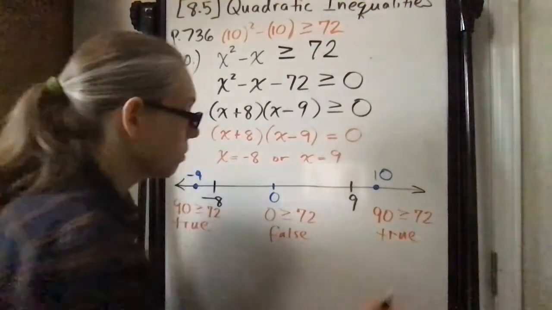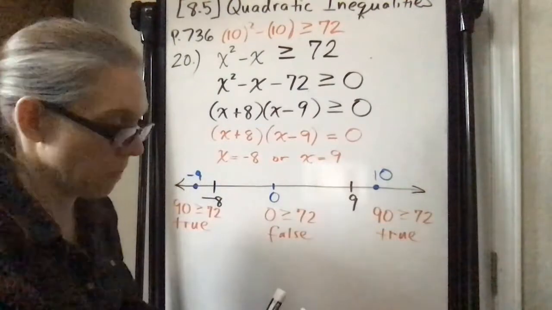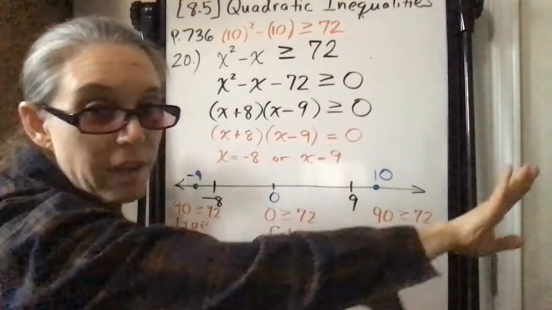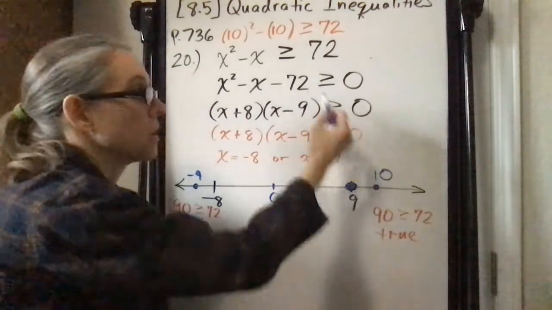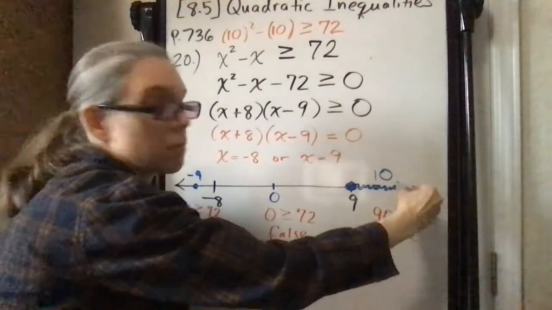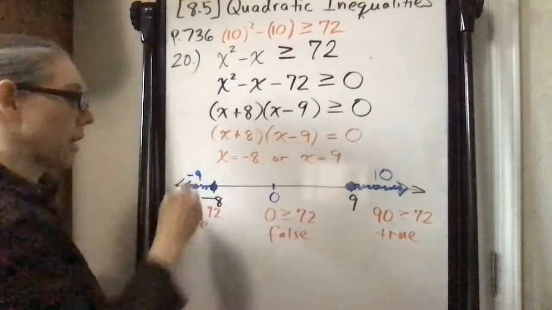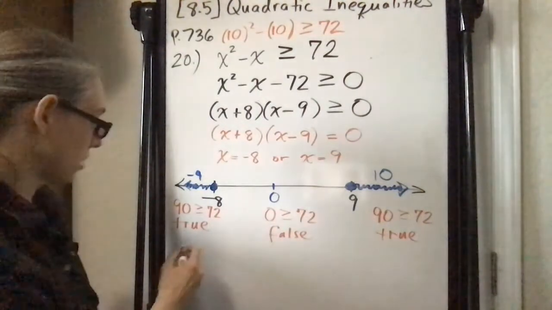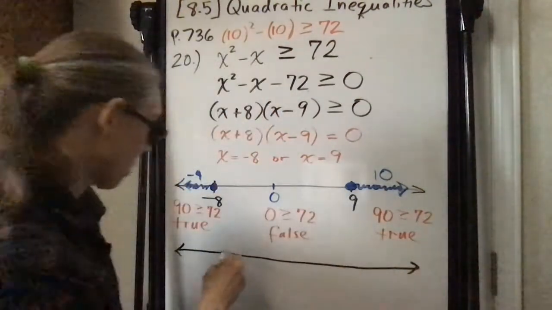is true. So when we have true on the outside, it means that we're not shading the middle area. We're shading the regions going outward. Okay, so that's the solid dot in this case because it's greater than or equal to. It's a solid dot, and it's going to go to the right, and then over here, solid dot, and go to the left. Now the other way of graphing, instead of using dots, the open circle, and the solid circle, as in the previous problem,